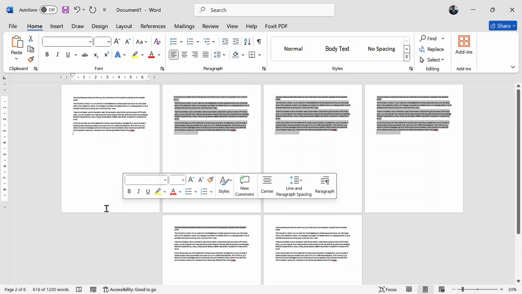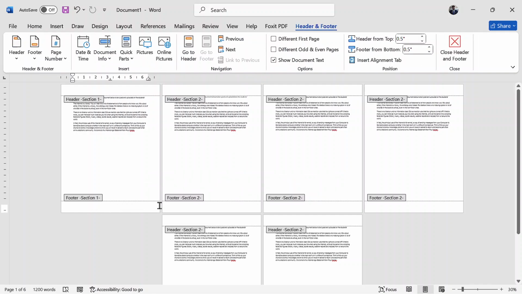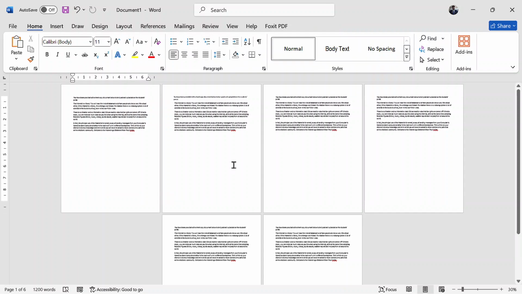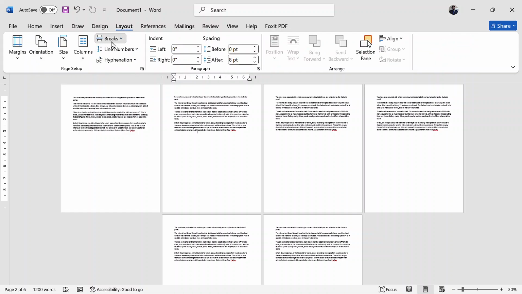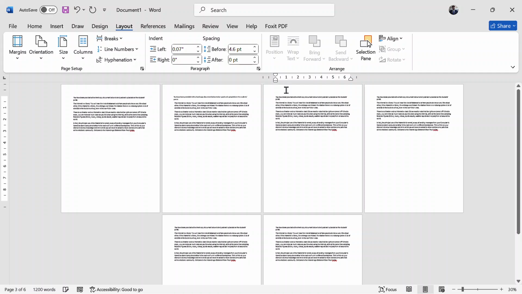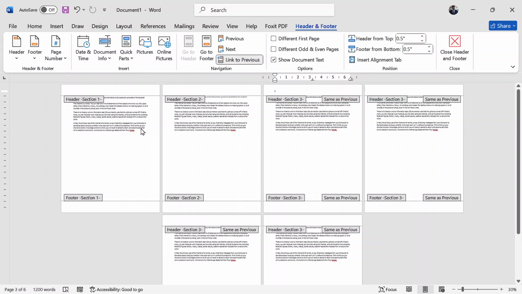So you can see when you double click in the footer, section 1, section 2. The rest of the document is in section 2. We want to create another section such that page 2 is in its own section alone. You put the cursor at the end of this document again, go to the Layout tab, Breaks, choose Next Page. When you choose Next Page, it takes the cursor to the next page, meaning that this section has stopped there. We do the same thing. Double click in the header section and you definitely see now we have section 1, section 2 and section 3.